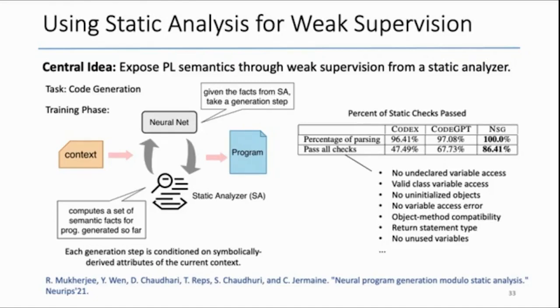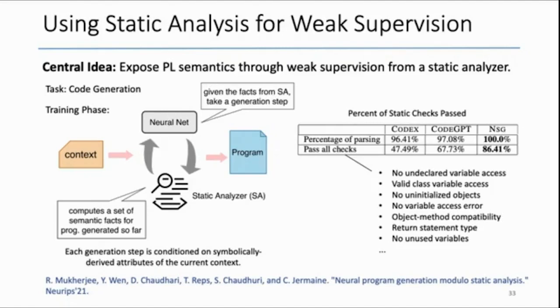Right? And so they came up with this idea of leveraging System 2 to improve the generalizability or robustness of System 1. And the idea turns out to be remarkably simple. All they're saying is, given an input context, which could be code along with comments and so on, and the goal is to fill in a hole, say a missing function. The idea here is that instead of simply training these models on pairs of this context and program, you use additional information that you obtained from static analysis. The way you might get that is, as you parse this context, you might learn, for example, which variables are in scope, and that will guide each step of generating that program